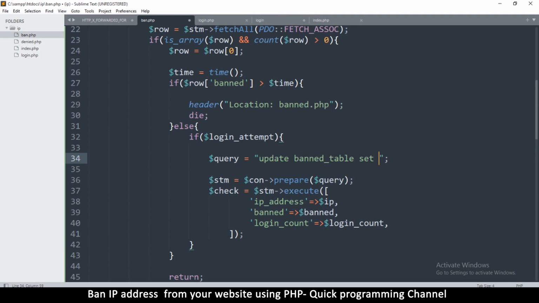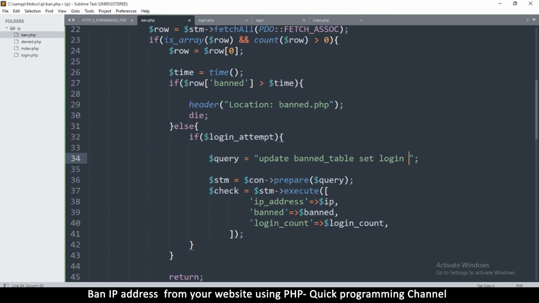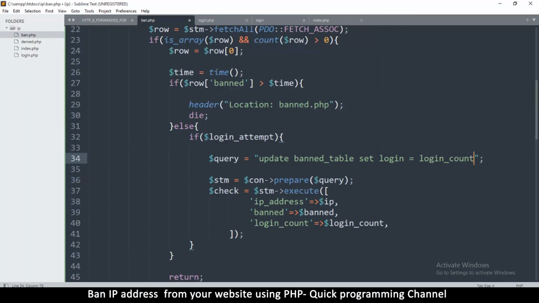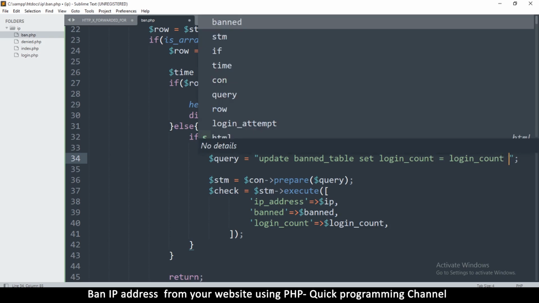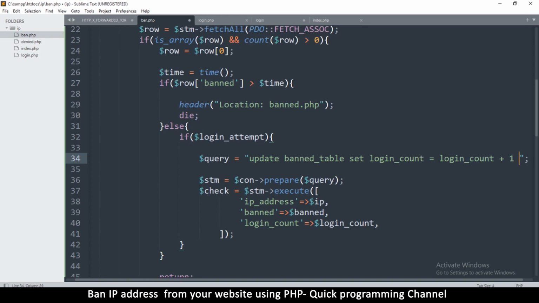So we're going to say set login attempt is equal to login, wait, it's login count, sorry. That's the name of the column, login count. So set login count is equal to login count plus 1, whatever the number is at that time. Okay, and then we say where, we have to tell it